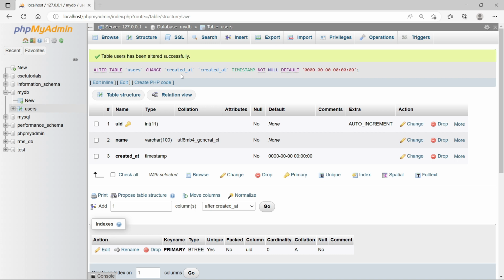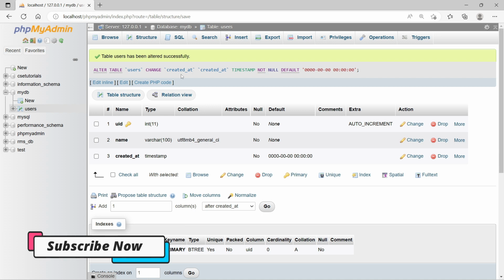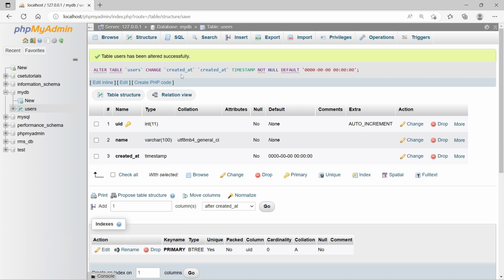The second solution is to not provide zero values. If we know that it will not accept zero values, and zero values are the cause of the error, then simply do not provide them. You can provide any other values.